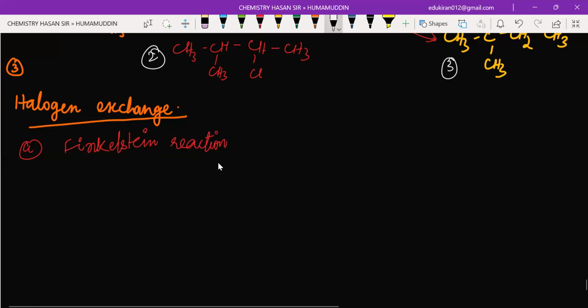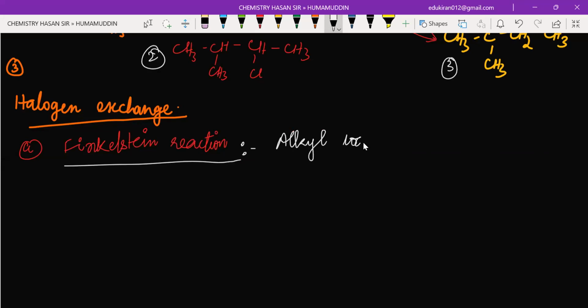And how are you going to recognize the Finkelstein reaction? So what happens, this is especially for alkyl iodide. So I'm going to write a point about this. Alkyl iodides are especially prepared